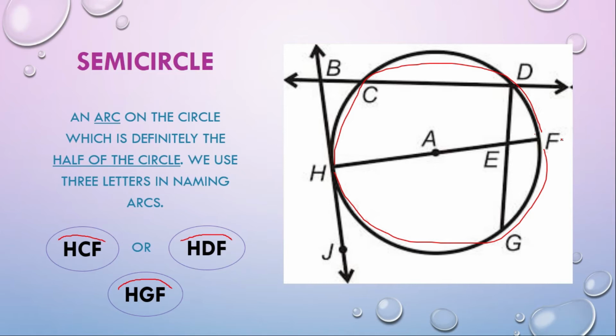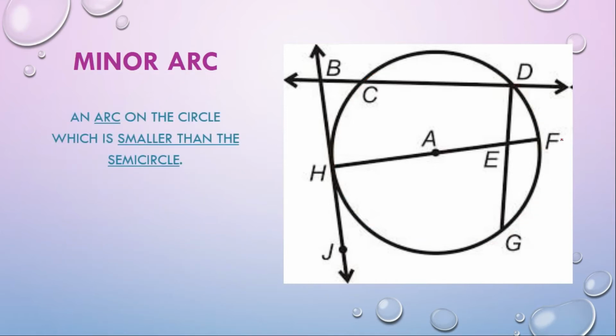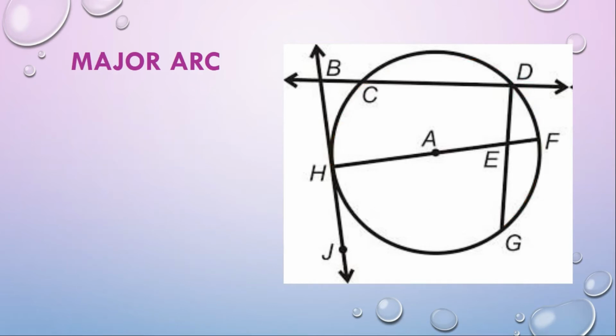Next, we have the minor arc. This arc is smaller than the semicircle. So, an example is arc HCD. We also have arc DFG. Major arc